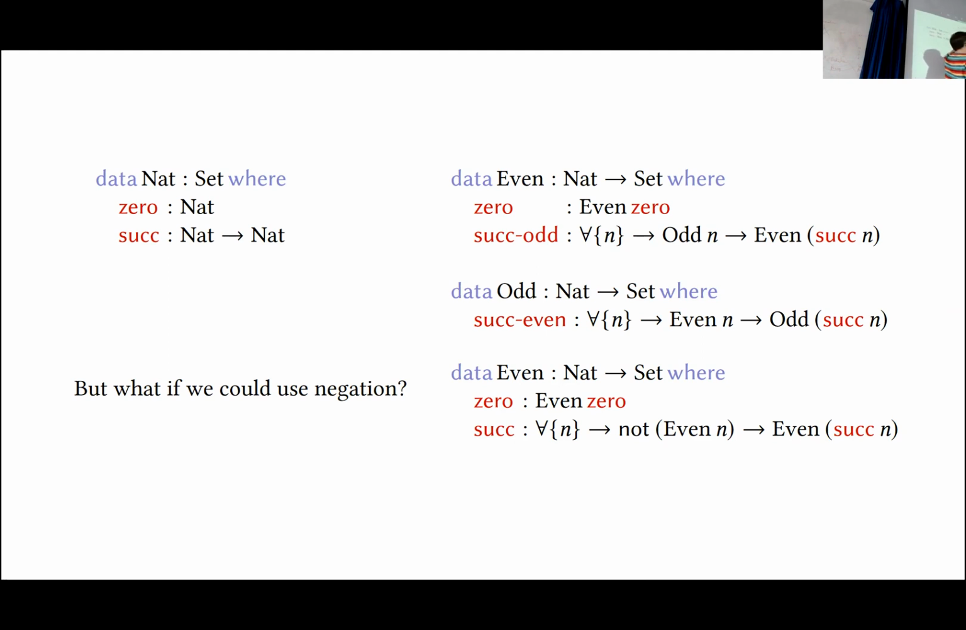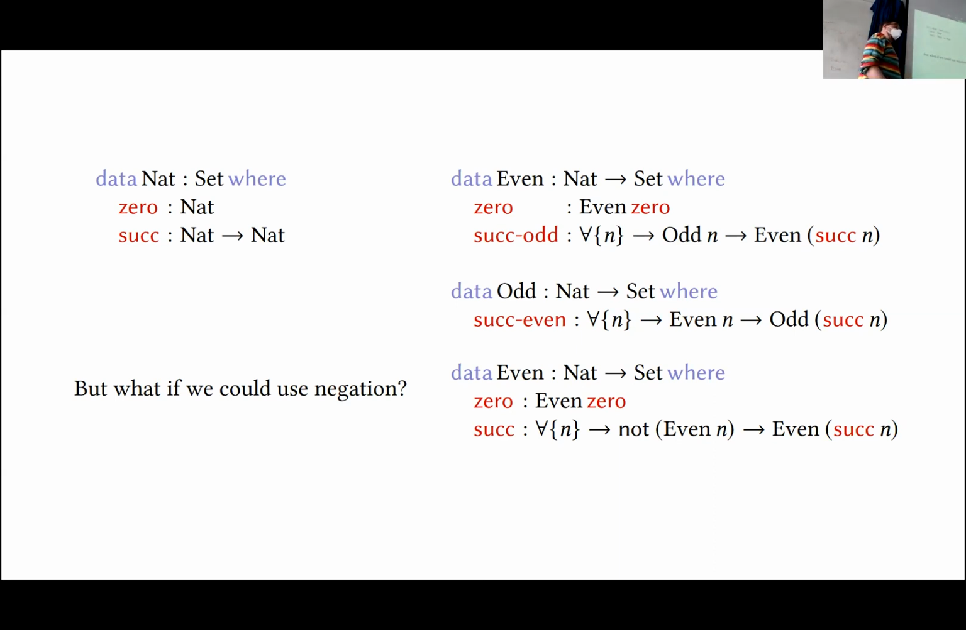We can define the even numbers to be a collection or property of natural numbers, where we say that 0 is even, and we say that the successor of a number is even if its predecessor is odd. And so we have to mutually define this with this auxiliary odd data type as well, which says that if a number is even, then its successor is odd. And so this is okay, but